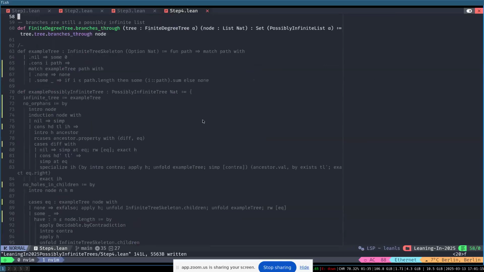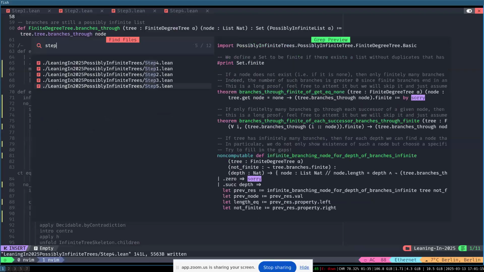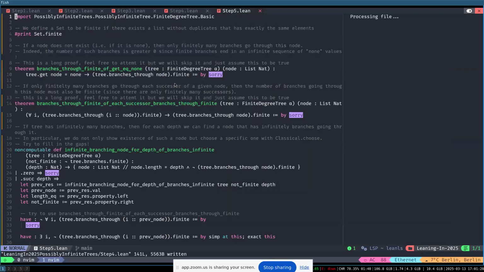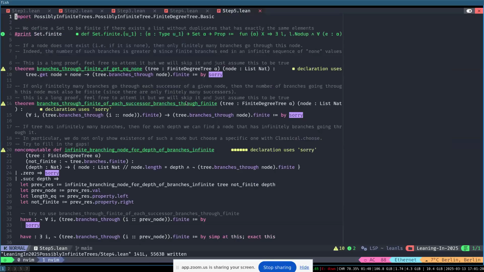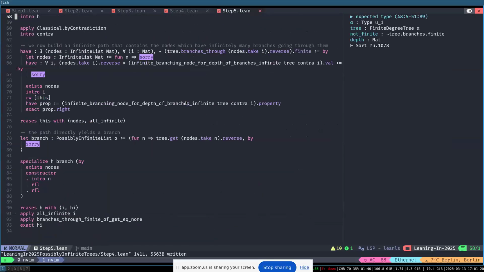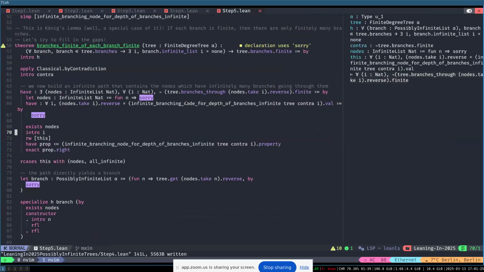Okay. So step 5. And there's a lot of sorries here, and I think the first 2 proofs would be pretty big. I'm not going into those. We want to prove König's lemma now, well, some variant of it. So we want to say that if for all branches in a given tree, we find some step in that branch which is none. So if all branches in the tree are finite, if you will,